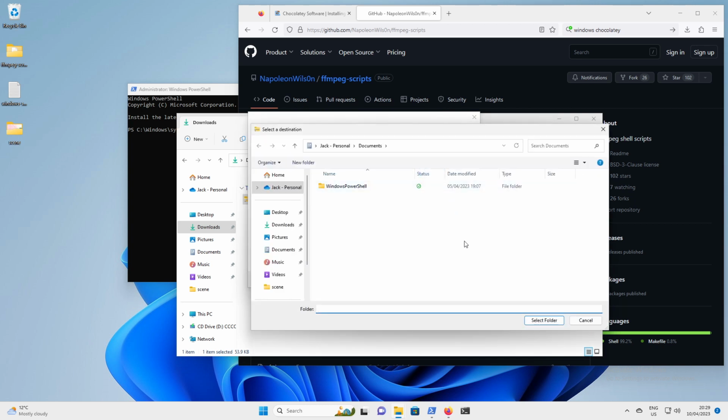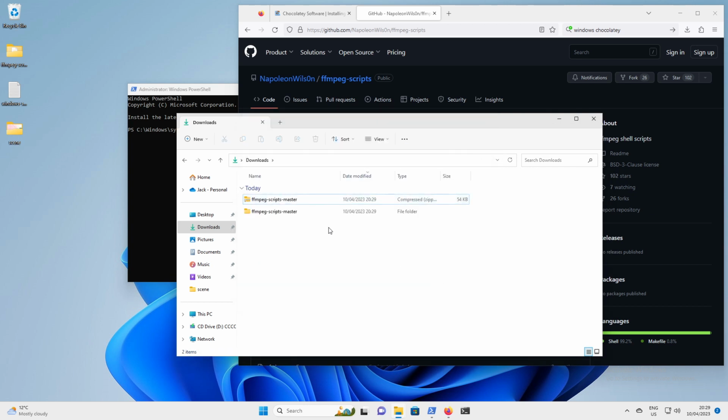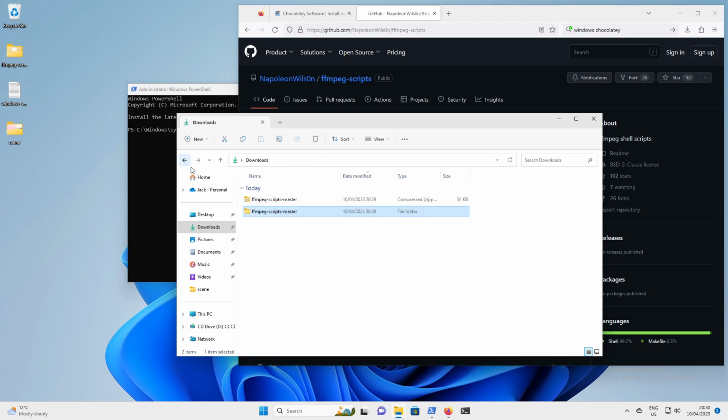Okay, let's just select into the downloads folder and extract it. Okay, so what happens for some reason on Windows is it creates a directory inside the same directory inside there. So we've got ffmpeg scripts master. You go into that. Oh no, it's done it differently this time. What was happening before was it was actually